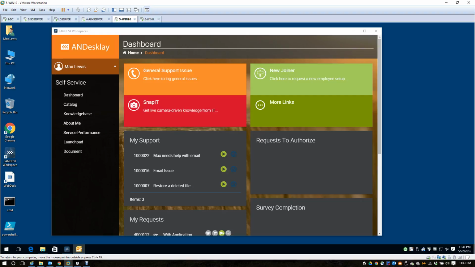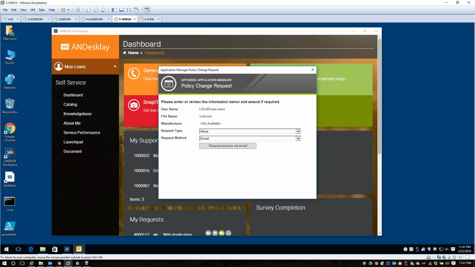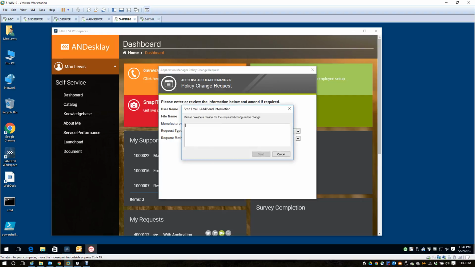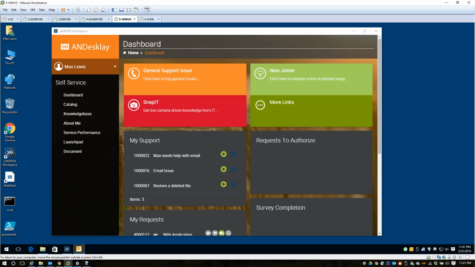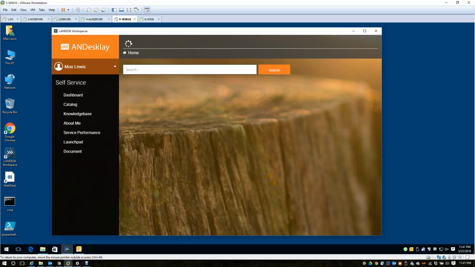I can go ahead and make that request happen via email. A window pops up, and I can now say need to test CMD from desktop, and I can send that off. Now that I've sent that email off, you'll see that there is a full-on